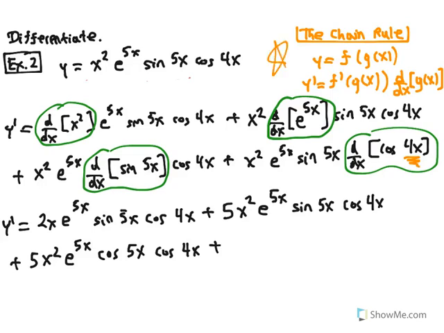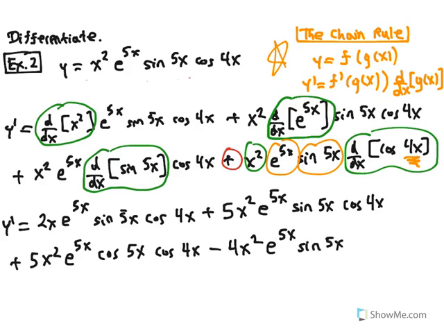So I get negative 4 times sine of 4x, and so plus negative is minus, so I can write minus 4 x squared times e to the 5x times sine of 5x,